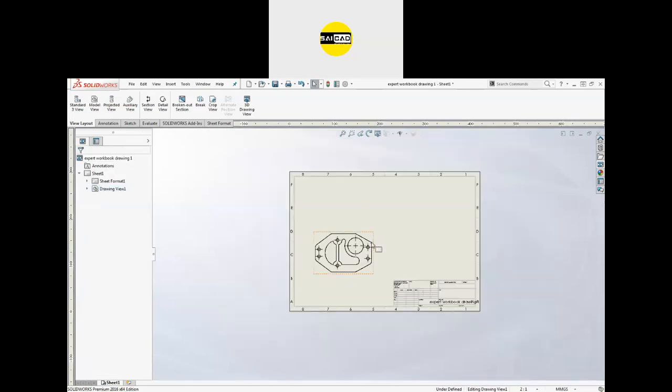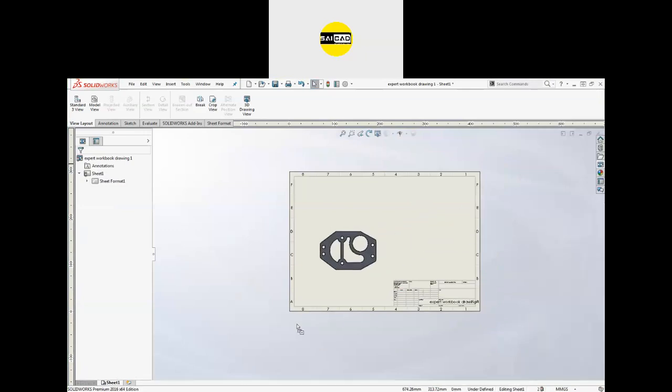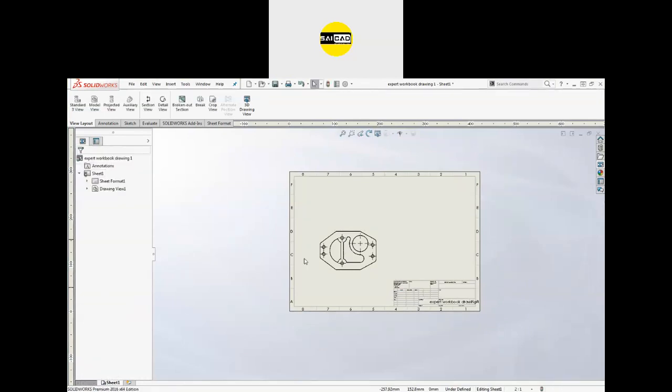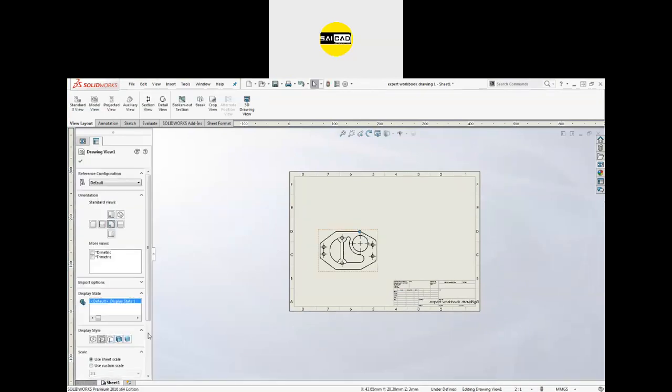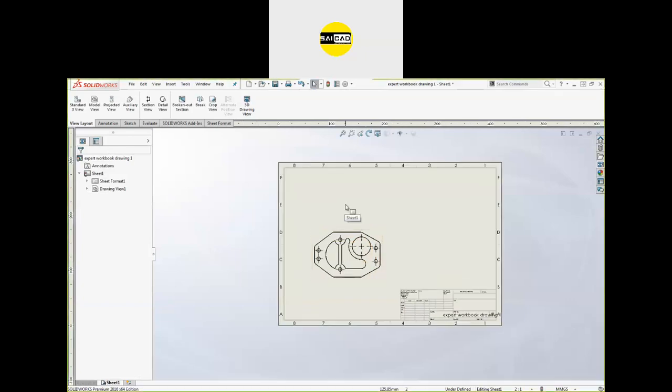So how to create the view? Just go to the view palette, select the view, drag the view and click here. Select the visual style. I want this one. Just click OK first. Select the part, select the visual style and here is the view. If you want to insert the projection also, you can do that directly from here when you insert this one, or you can go here.